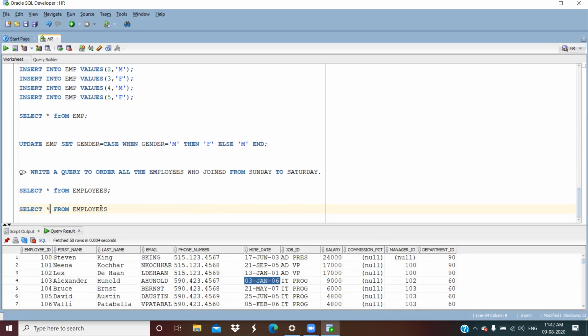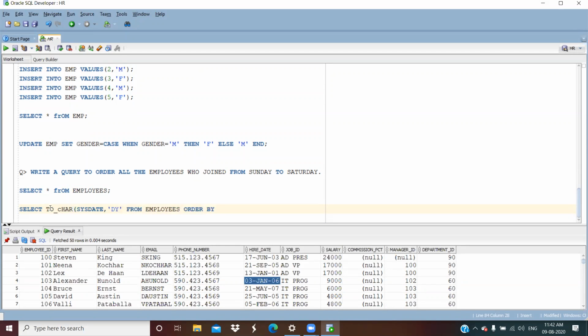So what I want to do, I want to select all the employee details from the employees table. Okay, then I want to order by. Let me write this as TO_CHAR of SYSDATE. This is DY.